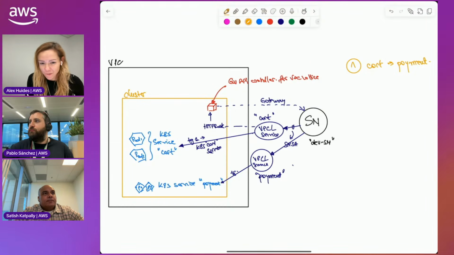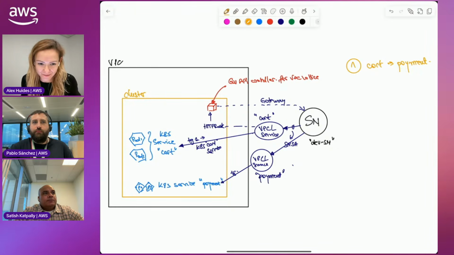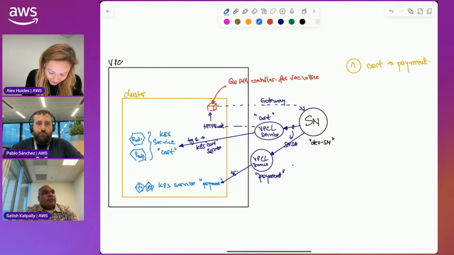If cart wants to call payments, it's essentially intra-cluster communication. I guess here you have a choice, right, Satish? You can go just pod to pod communication within the cluster if that's fine. You can totally do that because you're in the same cluster.